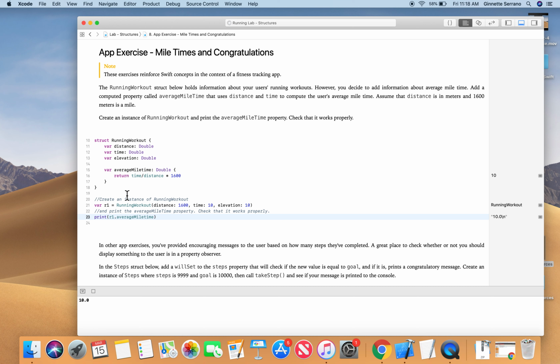It says here that my distance was 1,600. My time was 10. It took 10 divided by 1,600. Okay, so 10 divided by 1,600, and then multiply that times 1,600, and that gives us 10. And then what I would do at this point,